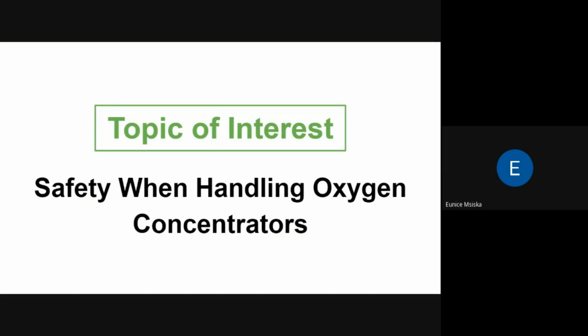Now, let's look at the safety of the machines to our patients. Oxygen concentrators raise some safety concerns to patients, physicians, and other users. In safety, we need to look at the flow. One of the things that we need to take note of for the concentrator to be safe for the patient is the flow. Medical personnel prescribe the required flow for any patient depending on the condition of the patient. The component that shows how much flow is coming from the concentrator is the flow meter. Flow is measured in liters per minute.